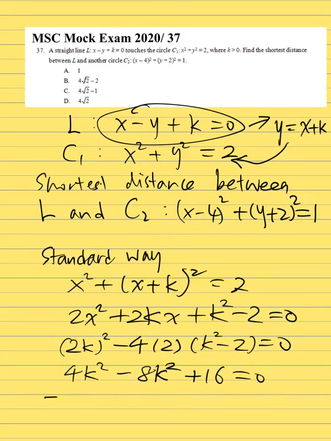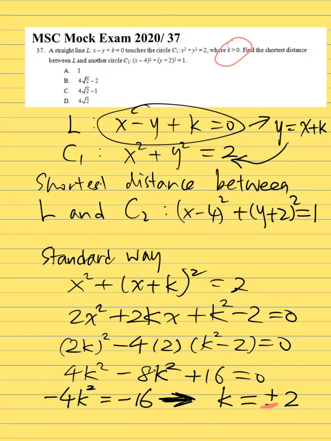We get negative 4k squared equals negative 16, so k squared equals 4, or k equals plus or minus 2. Because here k should be greater than 0, we reject the negative and k is